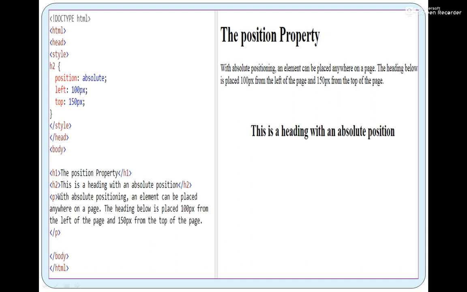So what it did, from the top of the screen it has left 150 pixels and it has come that much down. So whatever value you give in the left, that much margin or space it will leave. Similarly, for the top, whatever value you give in pixel, that much space it will leave and it will print.